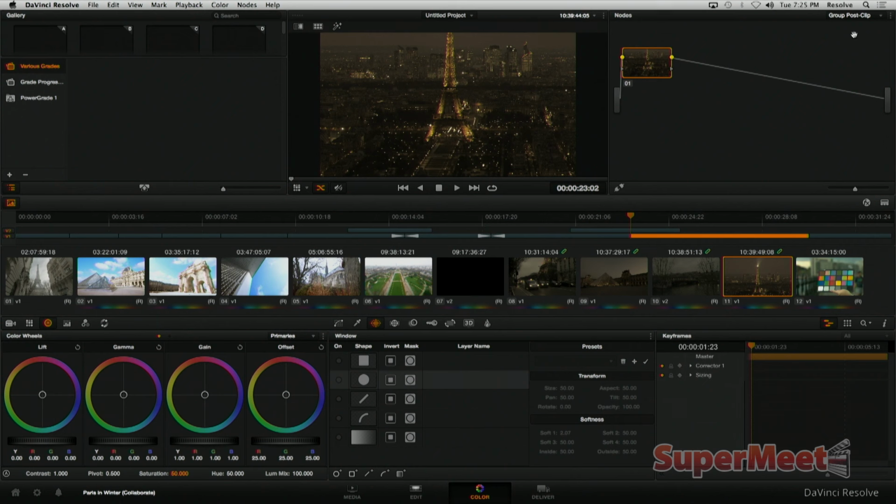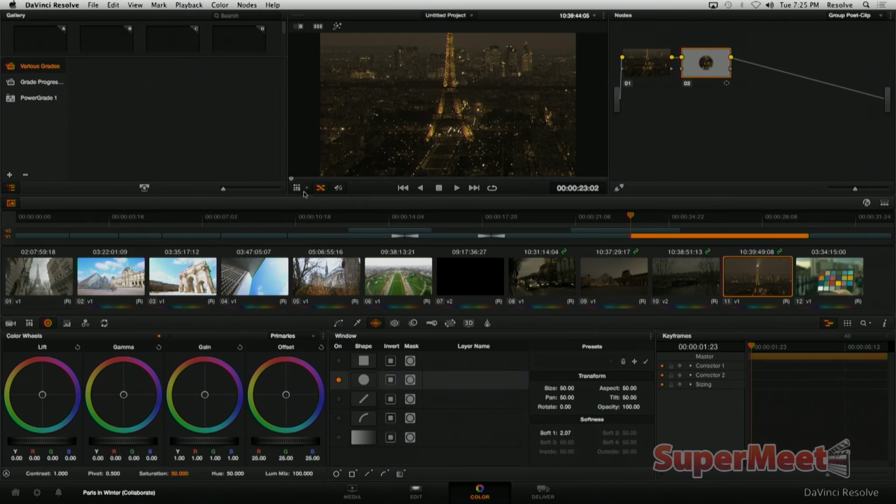And if I go to group post clip, this is where I can add a little bit of style. So maybe in post clip, I want to go ahead and just add, no, that's not what I want to do. I want to add another node. I want to see my power window, blow this out, and maybe